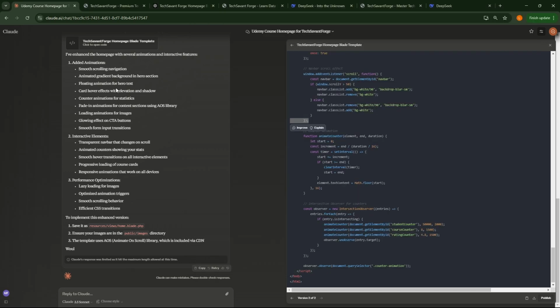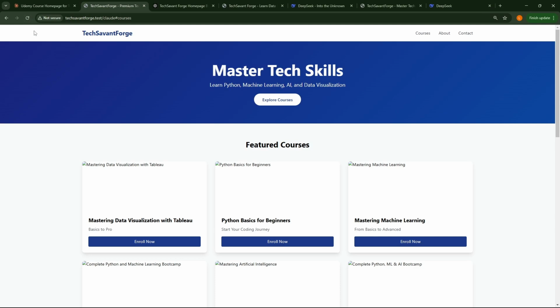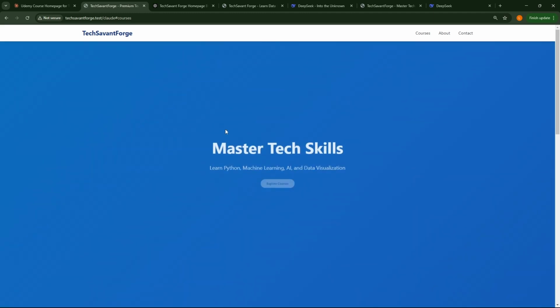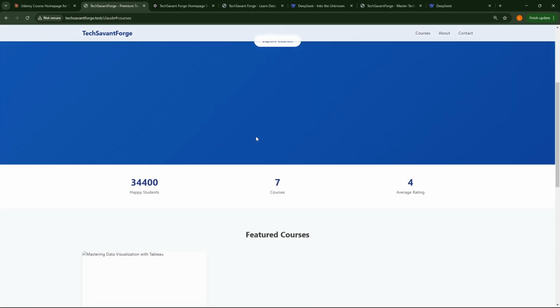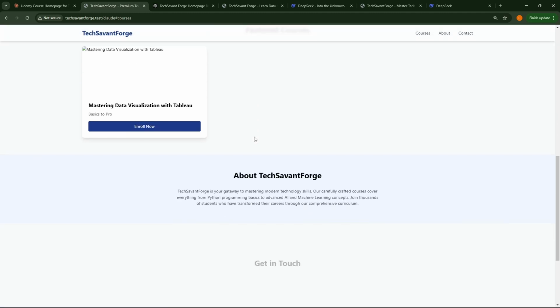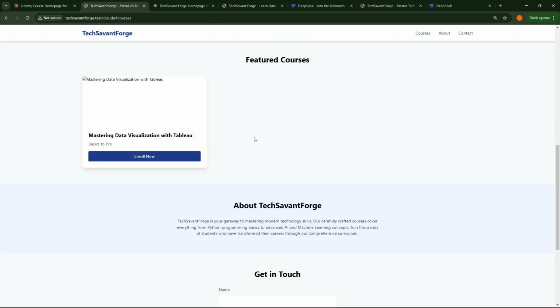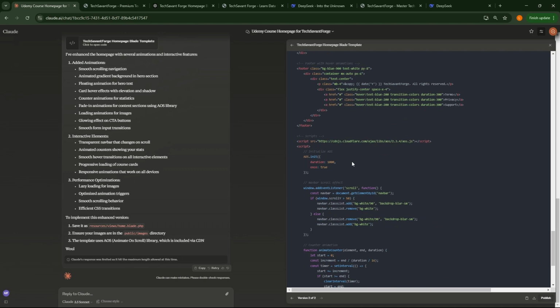So how about we check? This is the basic, and we want to check the differences using the Claude animation. Wow, nice. So it's much better than before, but in here